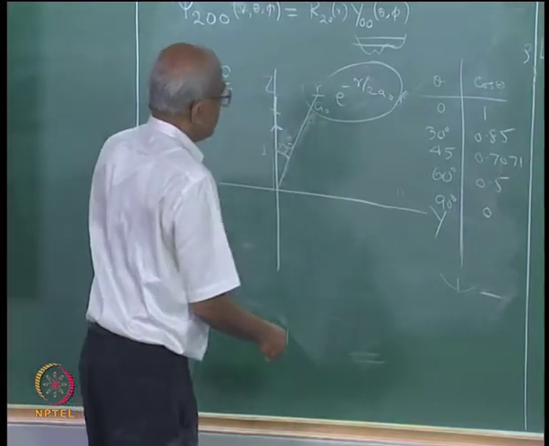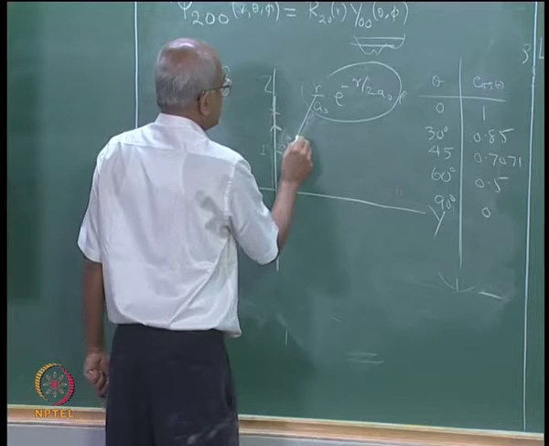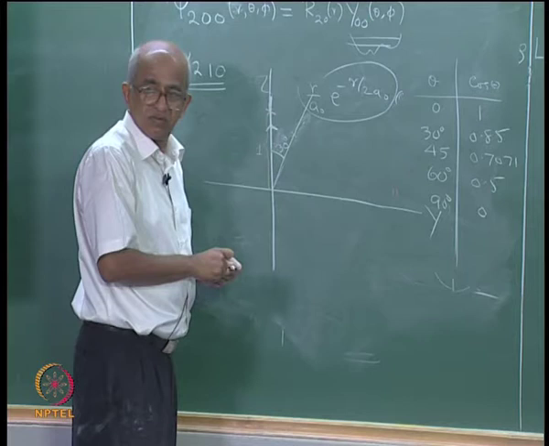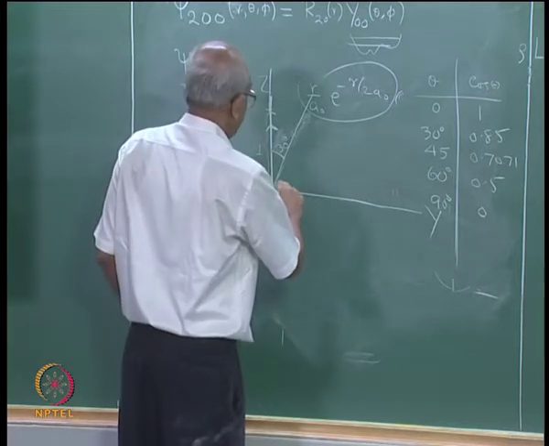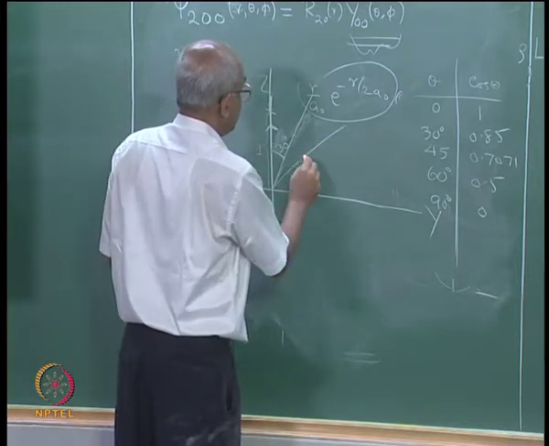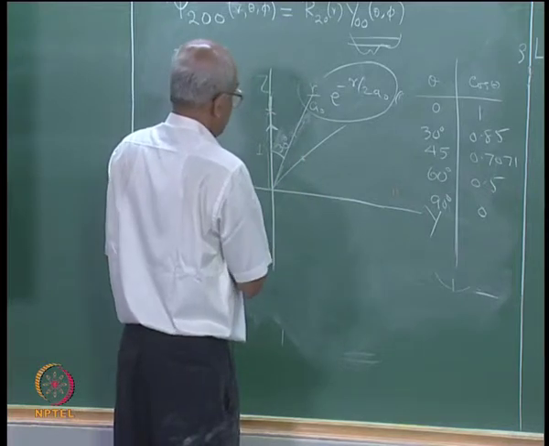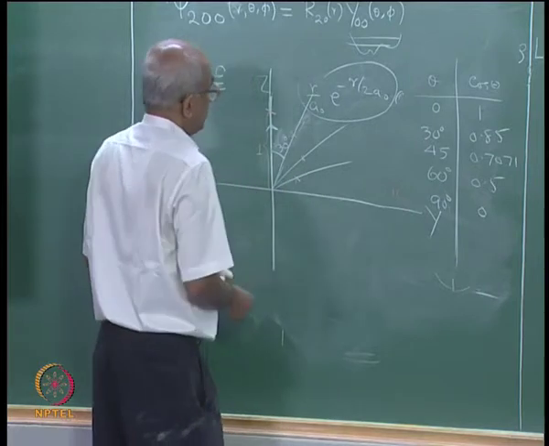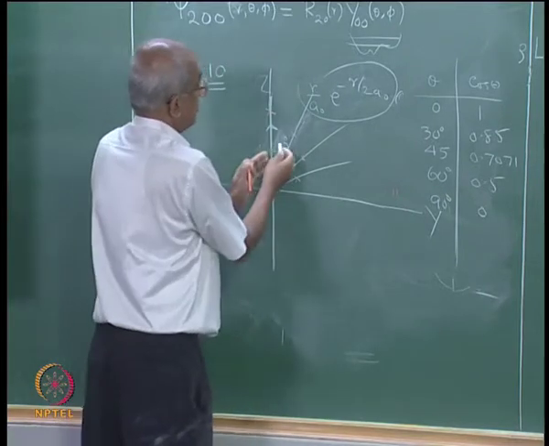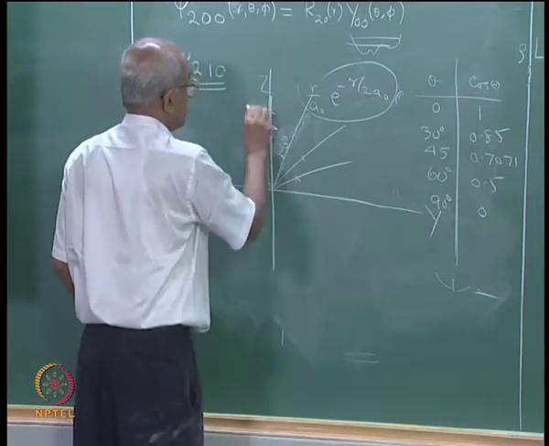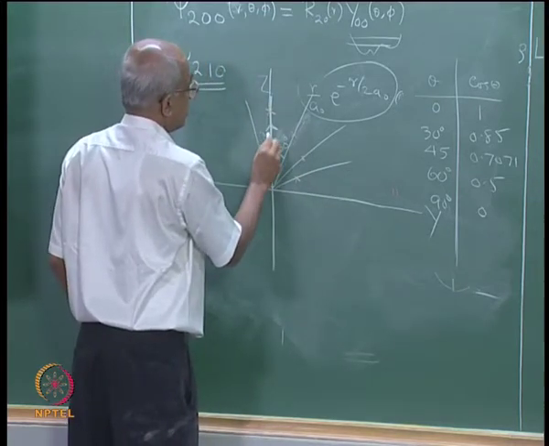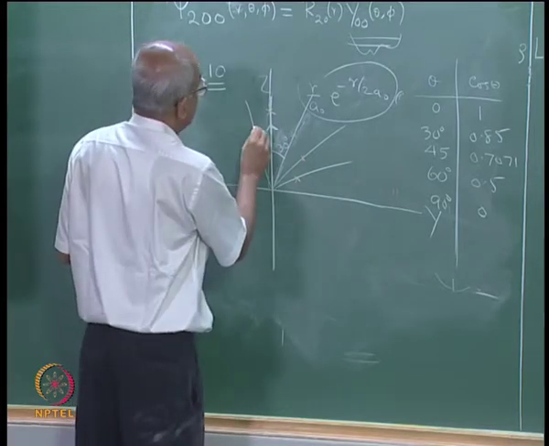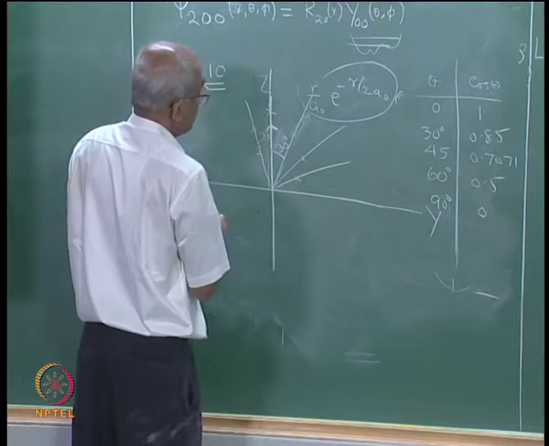So, 30 degrees, what will happen? The point that I have to put is at a distance of 0.85, which will be somewhere here. Then 45, it will be somewhere here, and the 60 degrees, it will be somewhere here, right. And why should I confine myself to this side? I can also do the same thing with the other side, because for this direction also it is 30 degrees, correct. For this direction also it is 30 degrees. So, theta is 30. So, you will have one point there, you will have